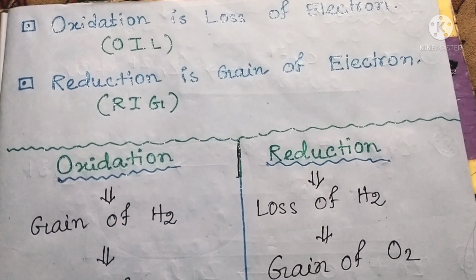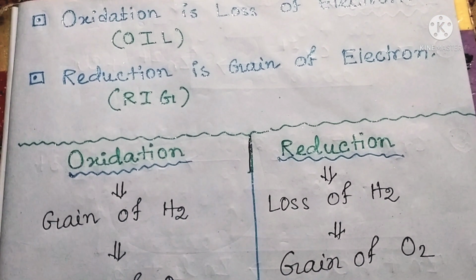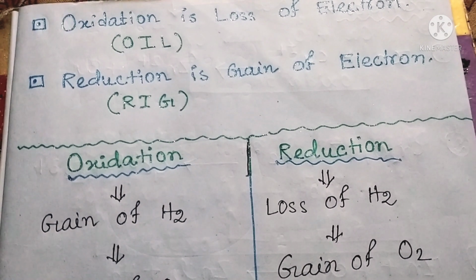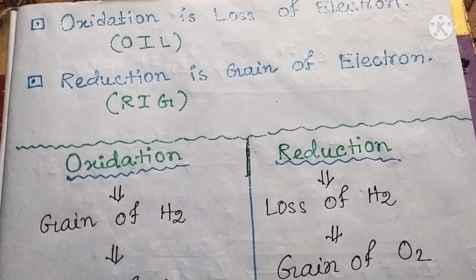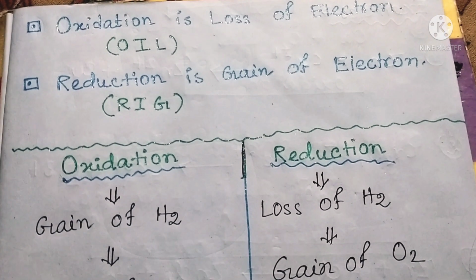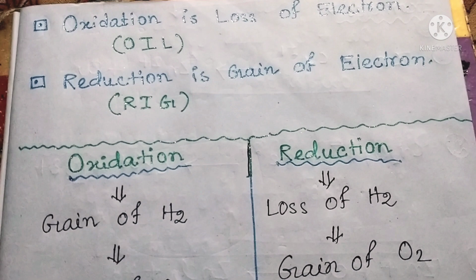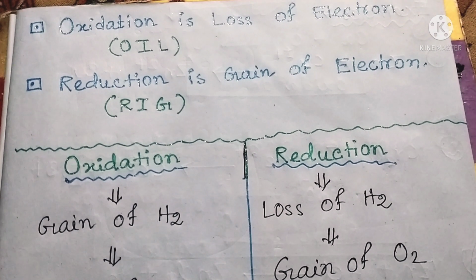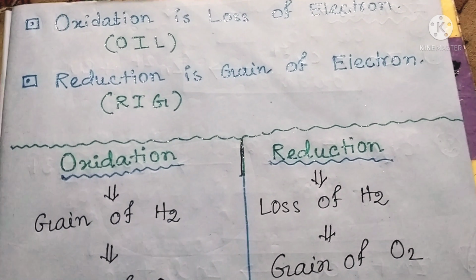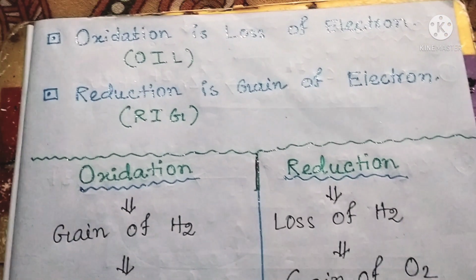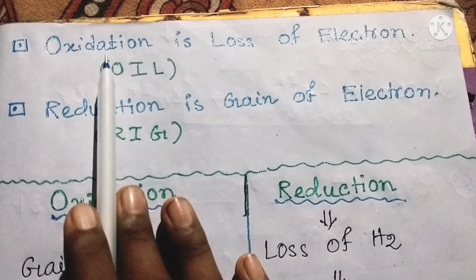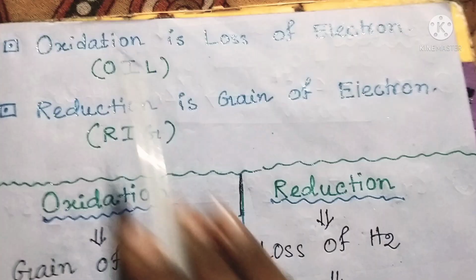Oxidation and reduction reactions and the types of reduction reaction. In the previous two lectures, we discussed how to calculate oxidation number using structure and formula. If you have not seen those lectures yet, then check the description box. I shall give the link of the videos. So, let's start. At first, we need to know what oxidation is and what reduction is.